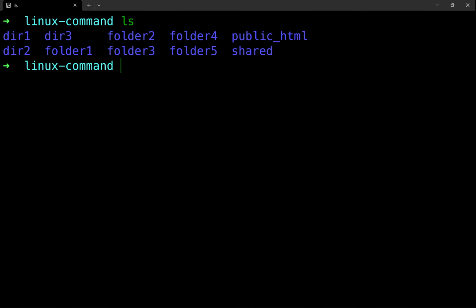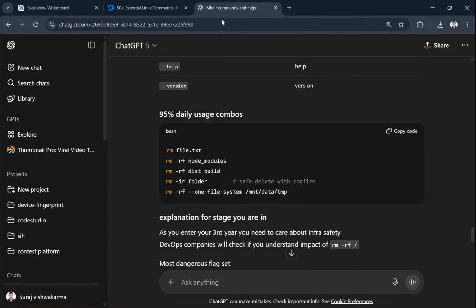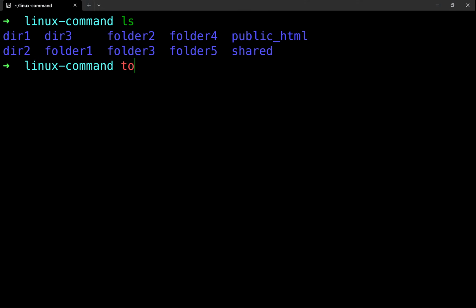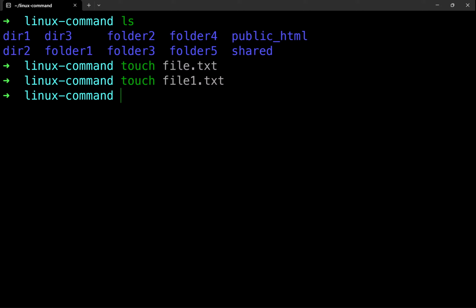But for that, let me make some files. So how can we make a file? That is also one question. We will use the touch command for making a file. So touch and then file1.txt. Again, we'll make file one. Again, some more files like that. A file you can make like folder as